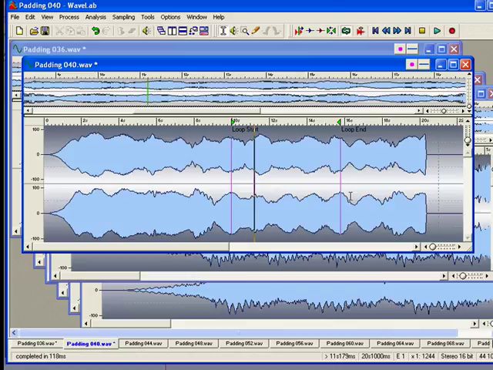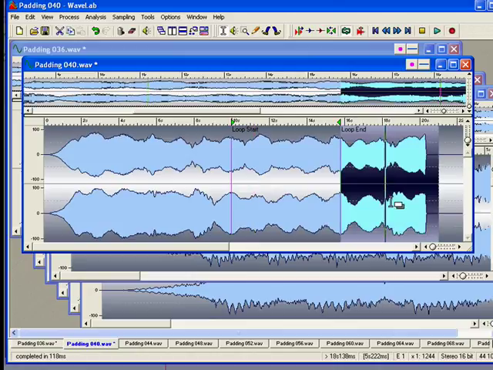So that's a pretty good loop. Now we can delete all of the sample after the loop. We don't need that. It's unnecessary. It's just dead sample. Because what's going to happen as the sample is played back, it's going to go through